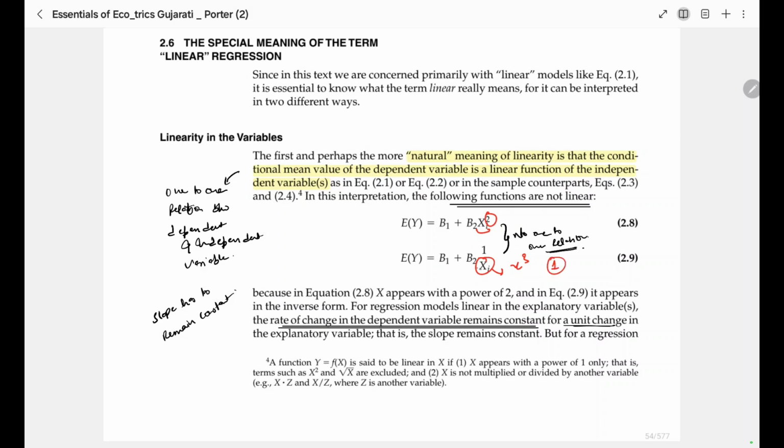Why? Because if we have these things, then our slope will not be constant. Our graph will go like this. We want the graph to be linear. For that, our slope has to be constant, and for the slope to be constant, these independent variables should be of power 1 only. Okay,